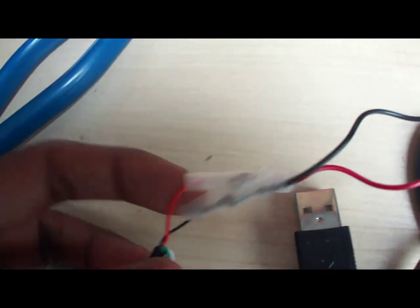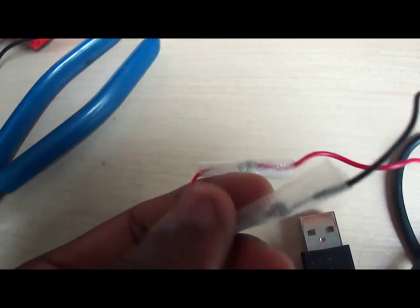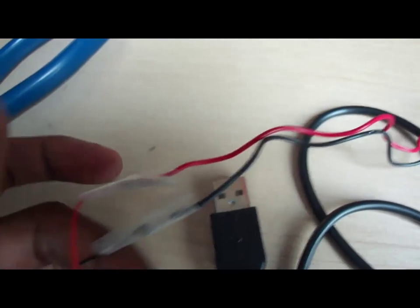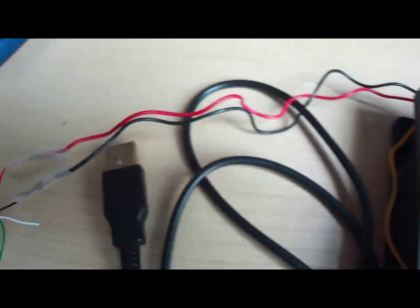So therefore, you will probably need to take the red and black and trim those for the copper to come out. All these colors are just for insulation purposes, so you'll need to trim the inside of the red to get the copper itself, so you can connect both the reds to red and black to black from the fan